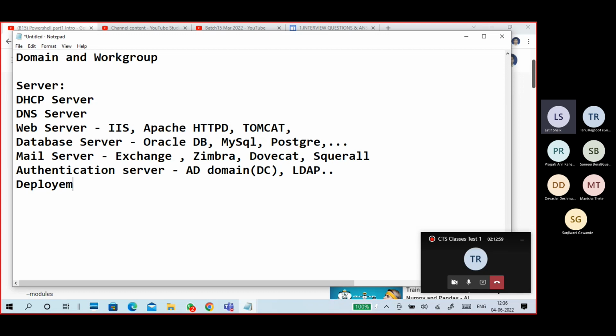Deployment servers, WDS, Windows Deployment Services. Update servers, WSUS servers. Okay. SharePoint servers, meaning collaboration kind of stuff.